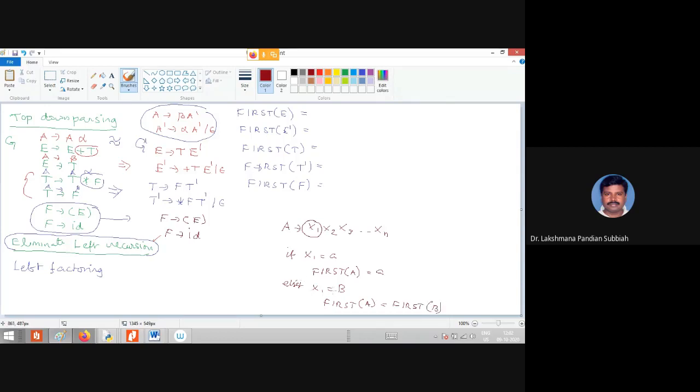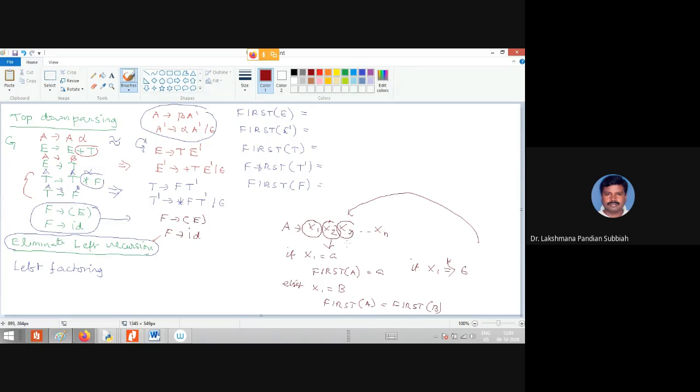Right? Next one is, if x eventually tends to empty, meaning in one or more steps it is going to have empty, now you have to consider the same process repeated for the next symbol also. If this also is going to have empty, then we have to continue for the next symbol, right?